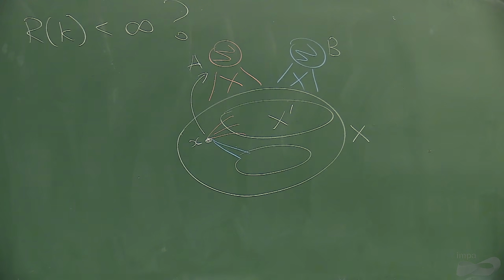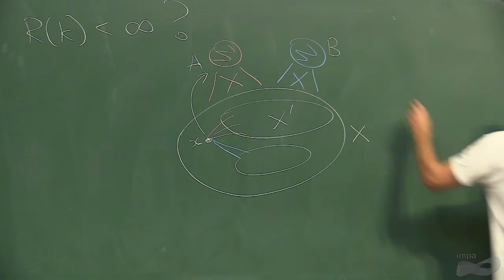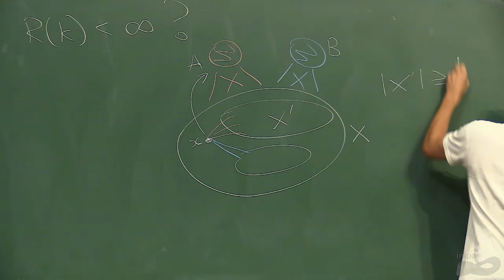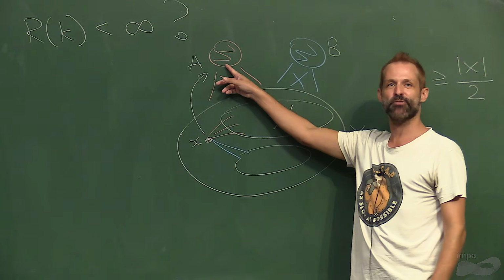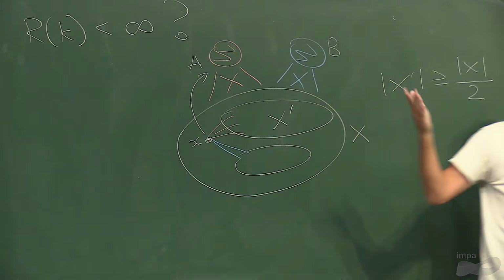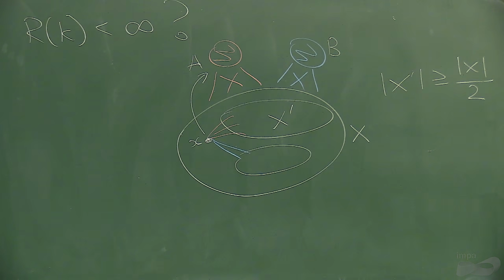Shout, I can't hear. Half. Right, exactly. We took the bigger of the two, so we lost a factor of 2 in each step. And how many steps do we have to do to make sure we find a monochromatic clique of size k? 2 times k, right? It might be that half of the steps are red and half steps are blue, so we might have to do 2k steps before we guarantee one of them is size k.